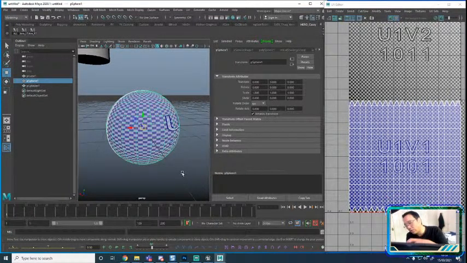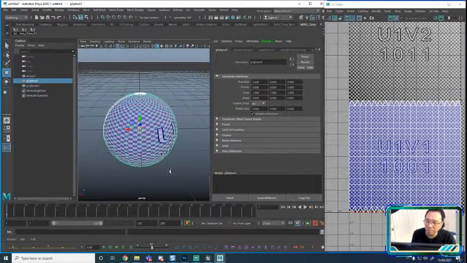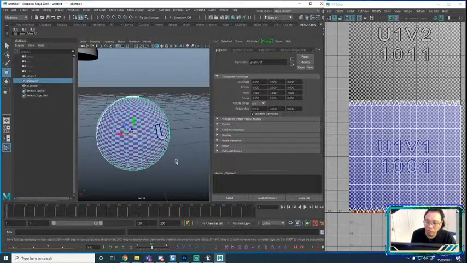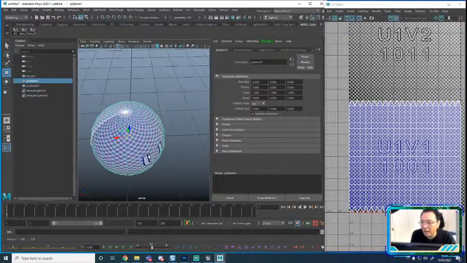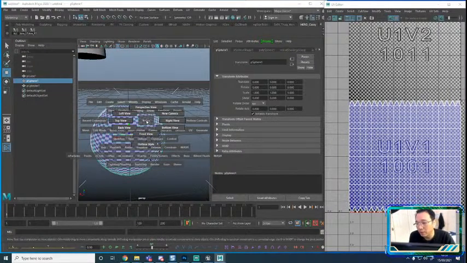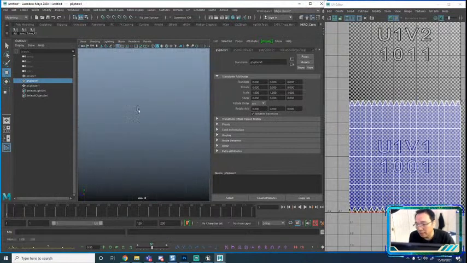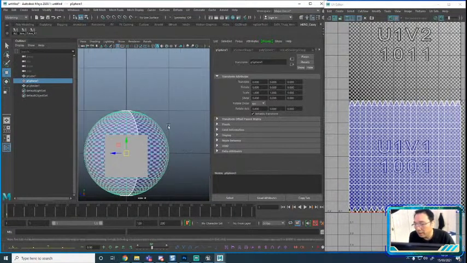oftentimes as a texture artist, your strategy is how can we cut this sphere up with a minimal number of pieces where there's no obvious seam that we can reproject our texture, our planar texture onto this, right? So instead of that one sort of cylindrical texture with a concertina pattern, I'm going to try something a little bit different. So I'm going to pop over to my right view and I'm going to zoom in here and